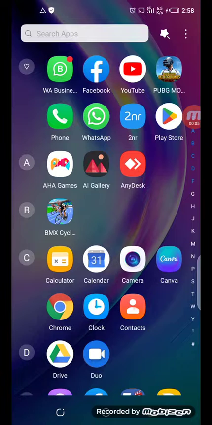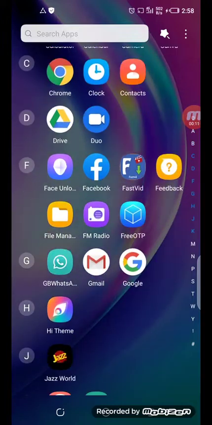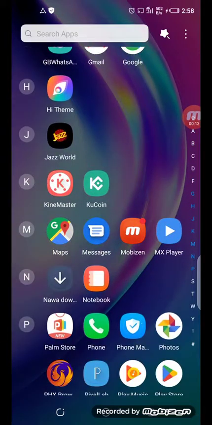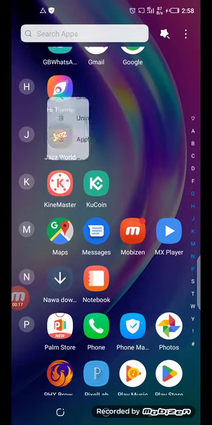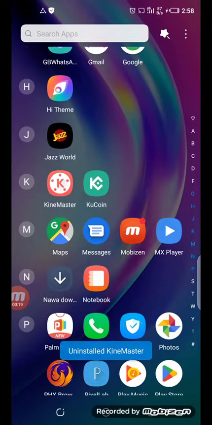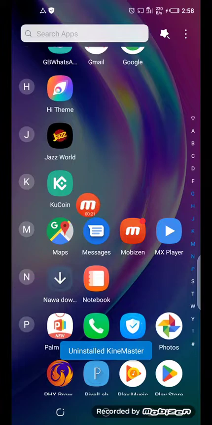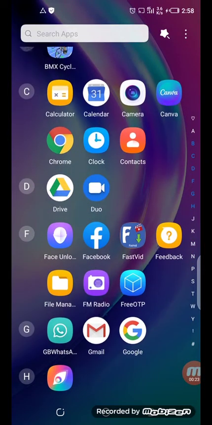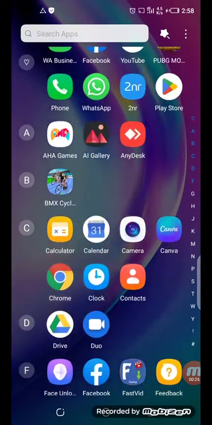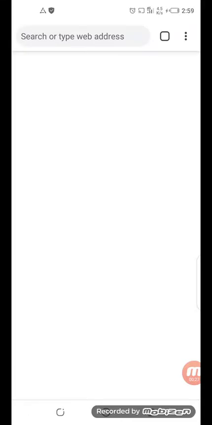In this video, I am gonna tell you how to download Kinemaster without watermark. In our phone, you have to see the Kinemaster. I have to uninstall it first. Now you can see the application is removed from my phone, and now we will go on Google Chrome and